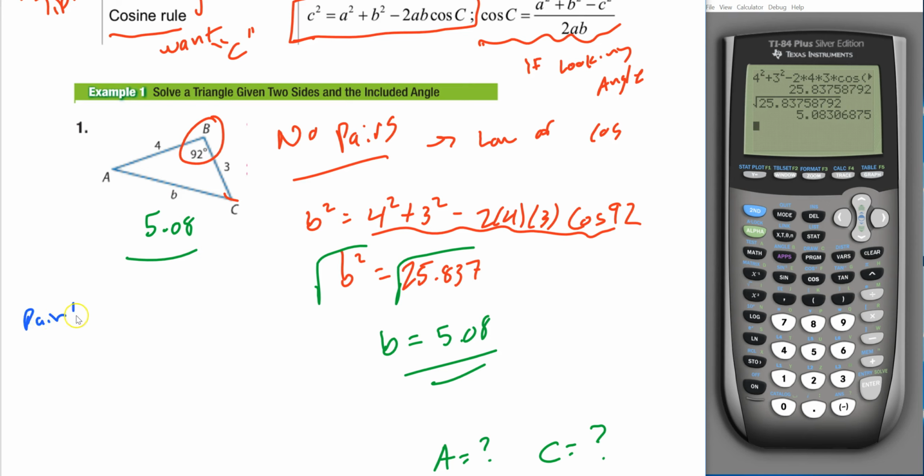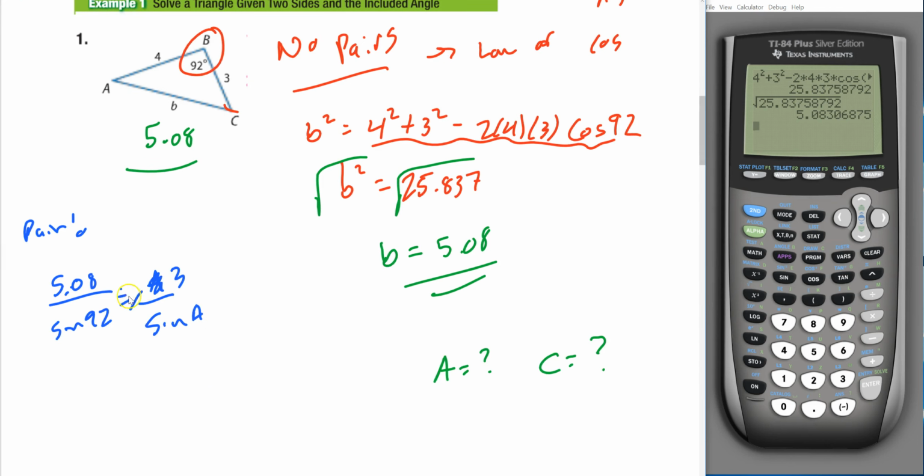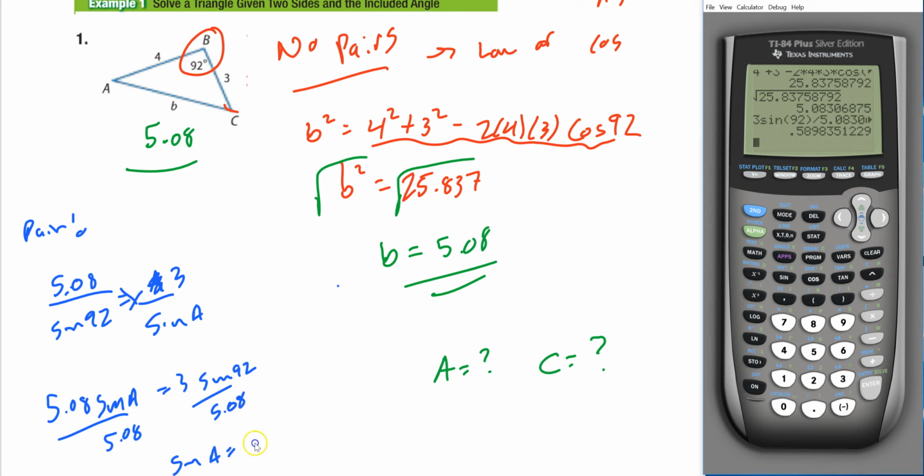Right now I have the B's. So I'm gonna go 5.08 over sine of 92 equals, let's solve for A first, A over 3 over sine of A. In this case, I got to cross multiply. I get 5.08 sine of A equals 3 sine of 92, divided by 5.08, sine of A equals